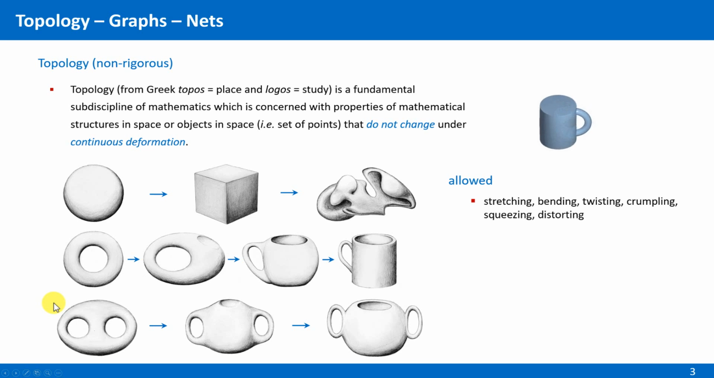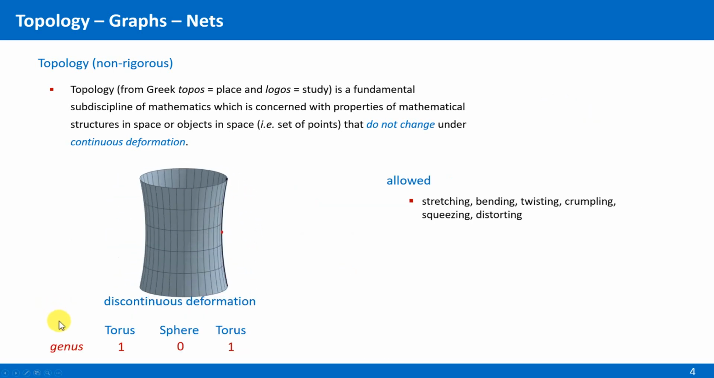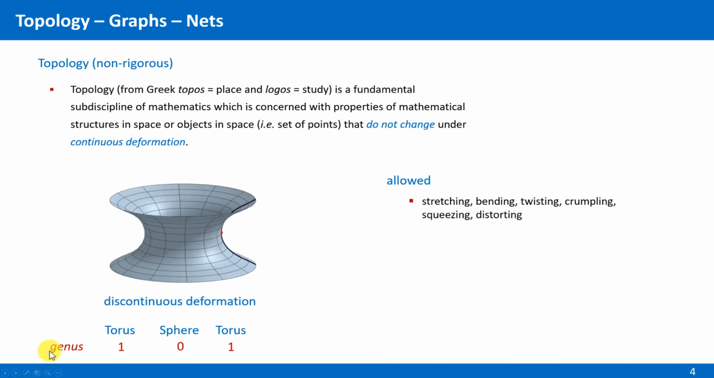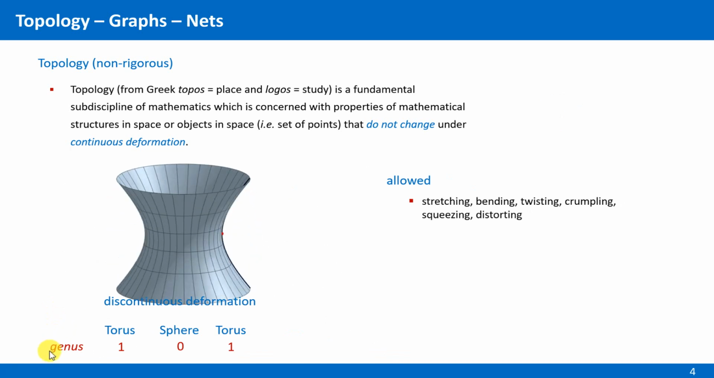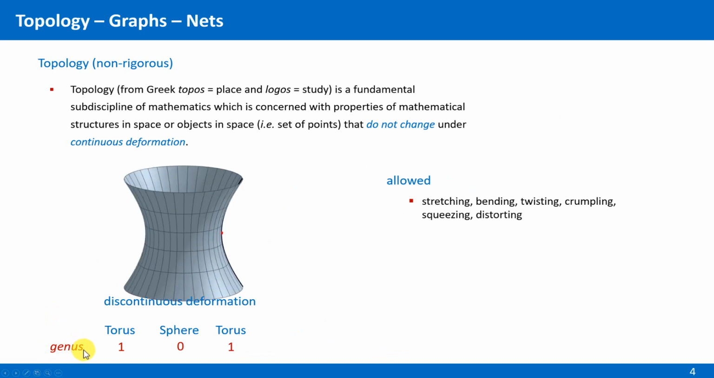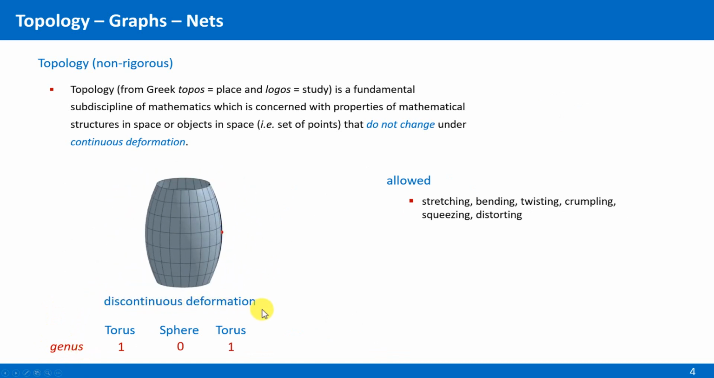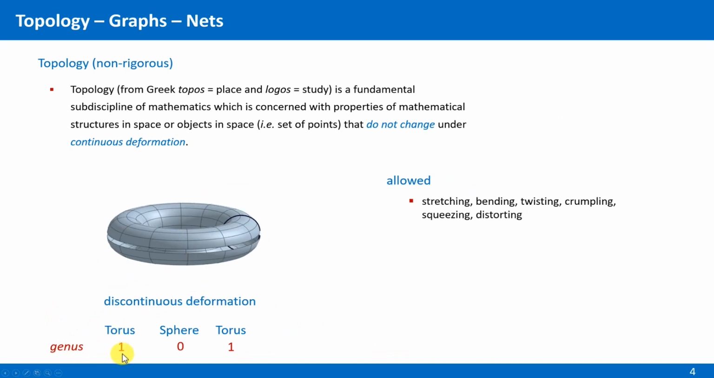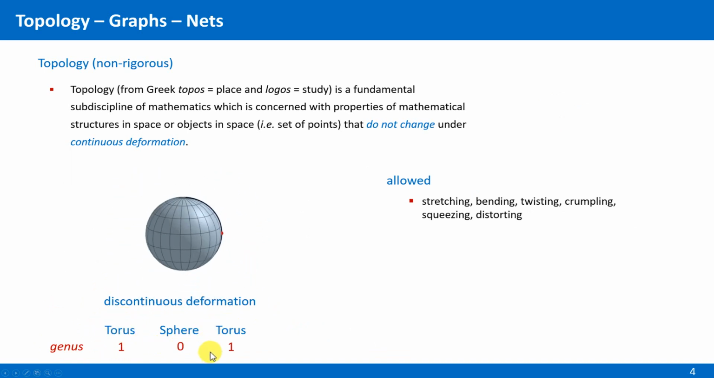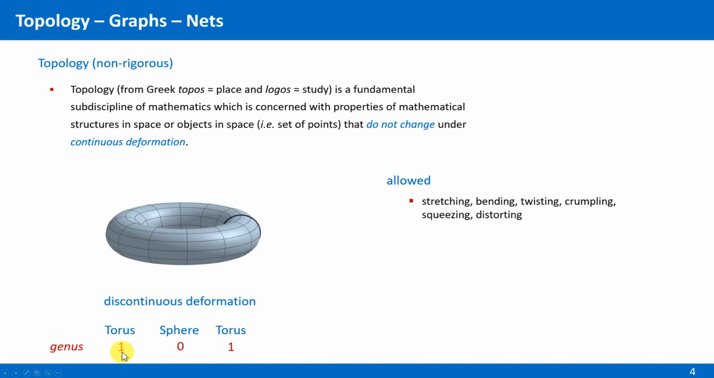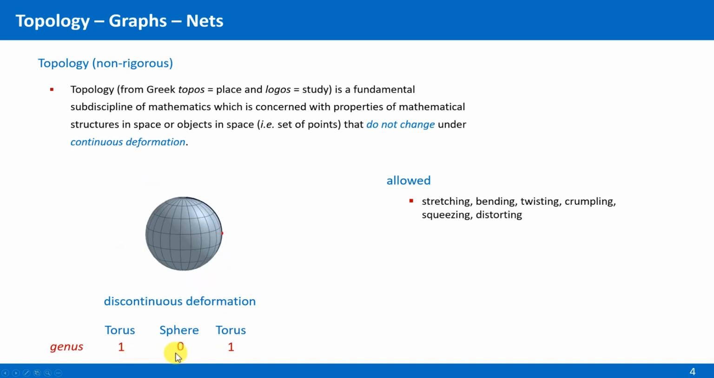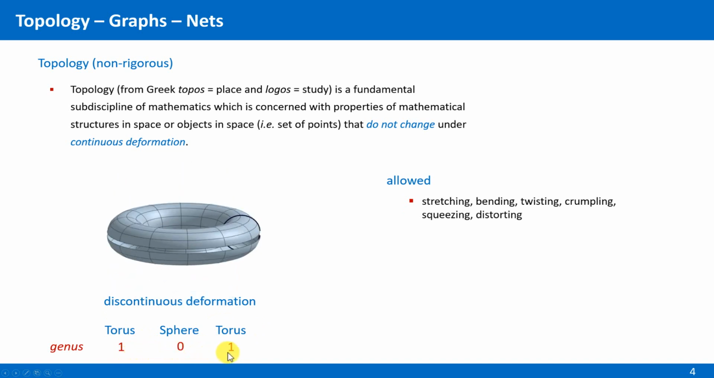Exactly, it is the number of holes in the surface. The number of holes in an object is a fundamental property of a surface, and in topology it is called the genus. We see here in this animation a discontinuous transformation between a torus and a sphere and back to a torus. So a body with genus 1 to a body with genus 0 back to a body with genus 1